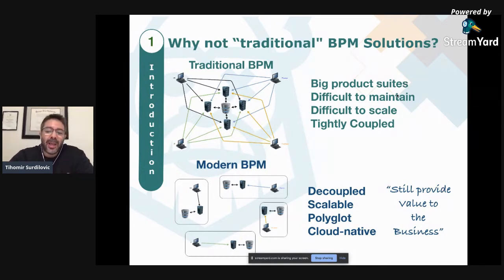But at the same time, one thing that I want to mention that is important is that no matter what we do on the architectural level, we still have to provide value to the business. Business automation, no matter what your architecture is, still provides huge value to our businesses, no matter what business you are in. Because being able to describe your business requirements, what you're actually about, your expert knowledge within your companies, and to describe it and execute it in a domain-specific way and language spans beyond architecture.